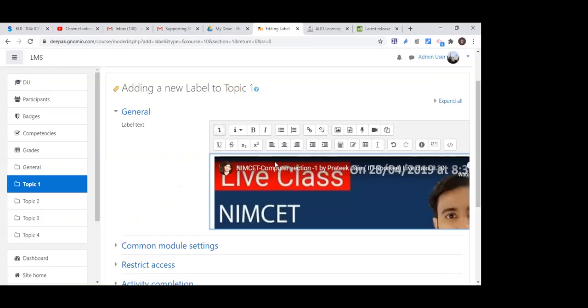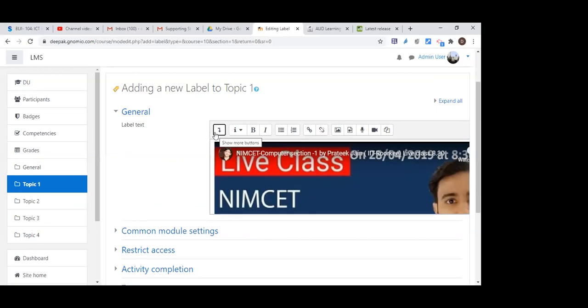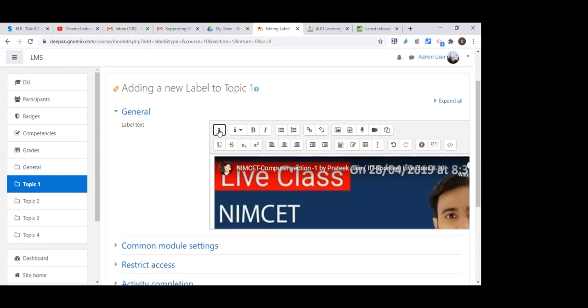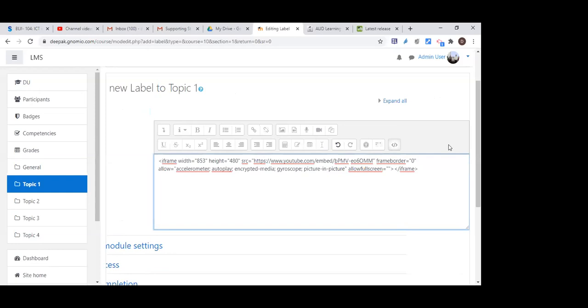Wherever you find this menu, open this advanced option, and the last option is HTML. Then paste the embedded code.